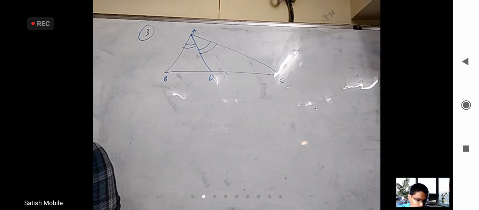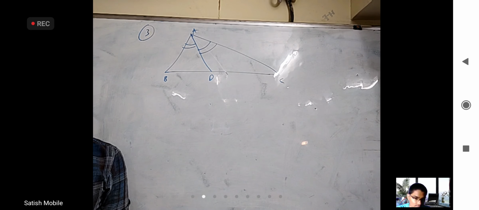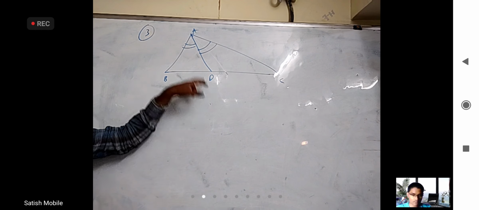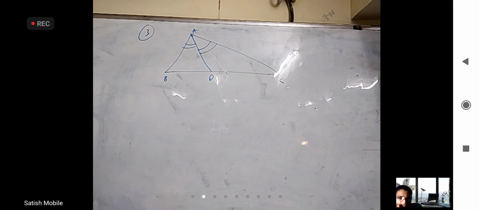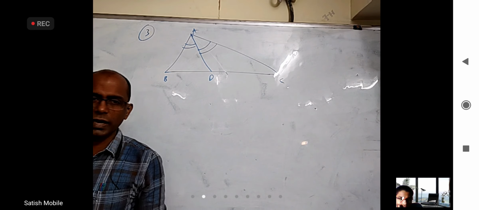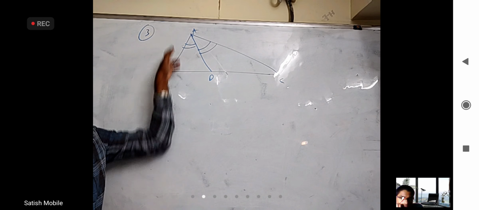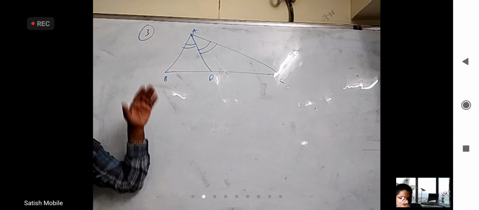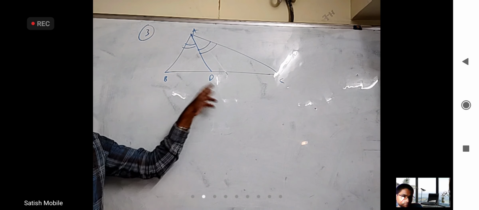Let us see. So we can find the coordinates of D using BD is to DC. Yes, AB is to AC, then find the distance. Even though we can find point D by solving two lines, the easiest method is the angular bisector theorem: BD is to DC is equal to AB is to AC. You know AB length, you know AC length. From that, you know D divides BC in what ratio.